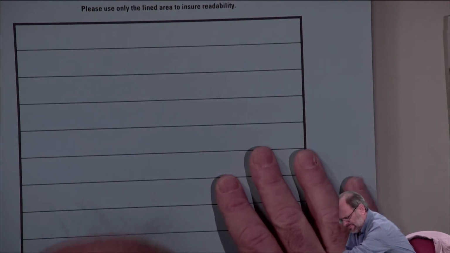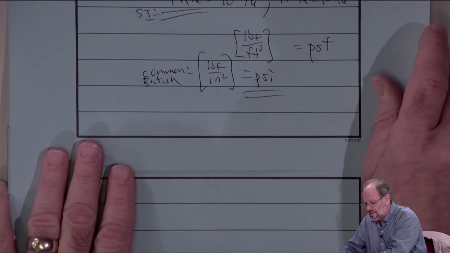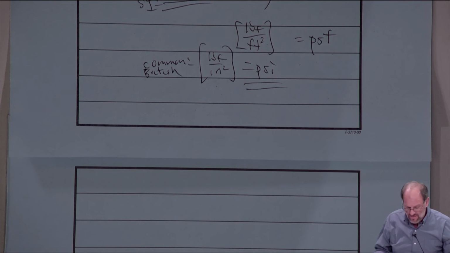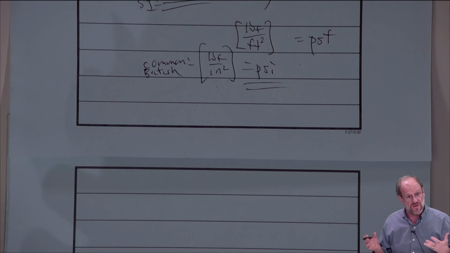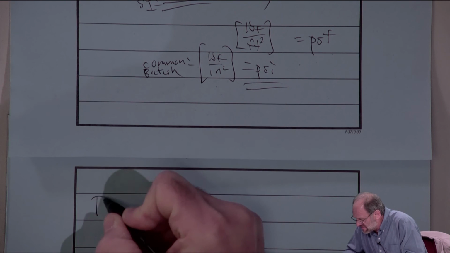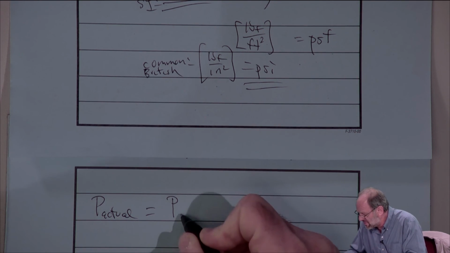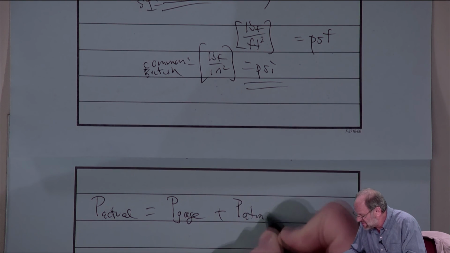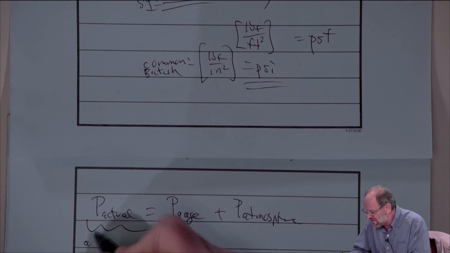So more often than not, you're just going to have your pressure in the actual scale, your absolute scale, but with the understanding that sometimes we have to add the gauge pressure onto the atmospheric pressure to get this actual pressure. So I'll just write it this way. P actual is going to be the pressure on the pressure gauge plus the pressure in the atmosphere. And this actual pressure is sometimes called the absolute pressure.